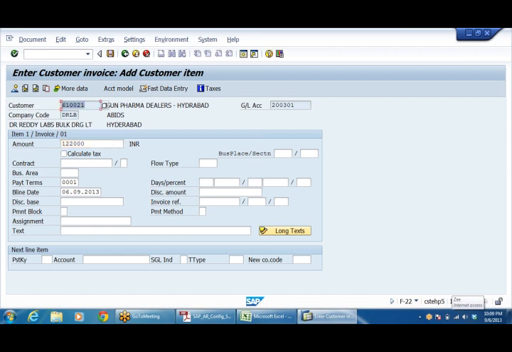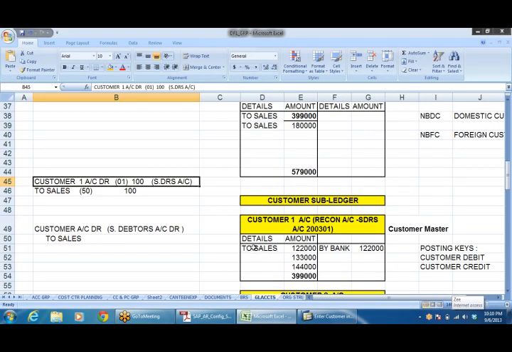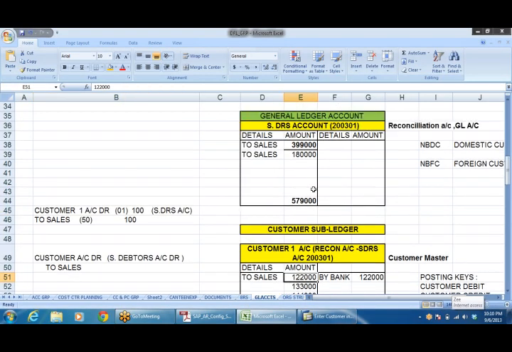As soon as we take the customer account, see here, GL account 200301. This is nothing but the recon account, the sundry debtors account. I told you that whenever you post any entry to a customer, it will be posted to the recon account, a GL account. Same thing here. Whenever I post 122 to sales, it is posting to sales.